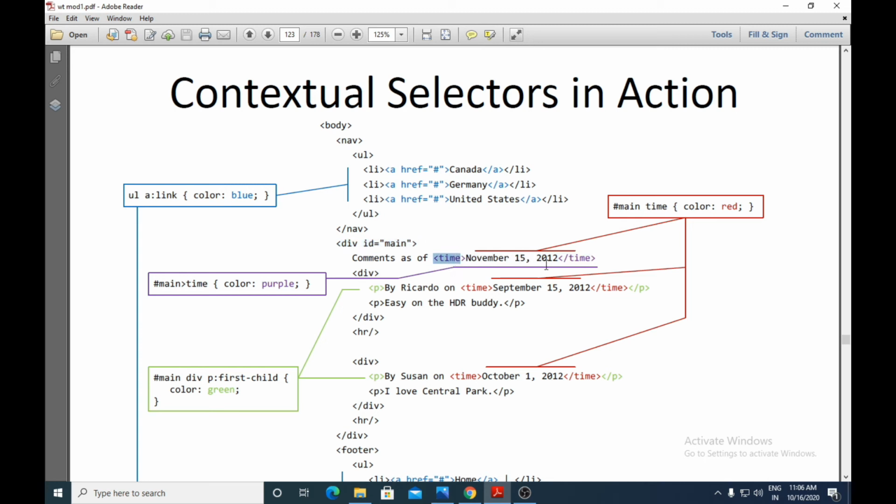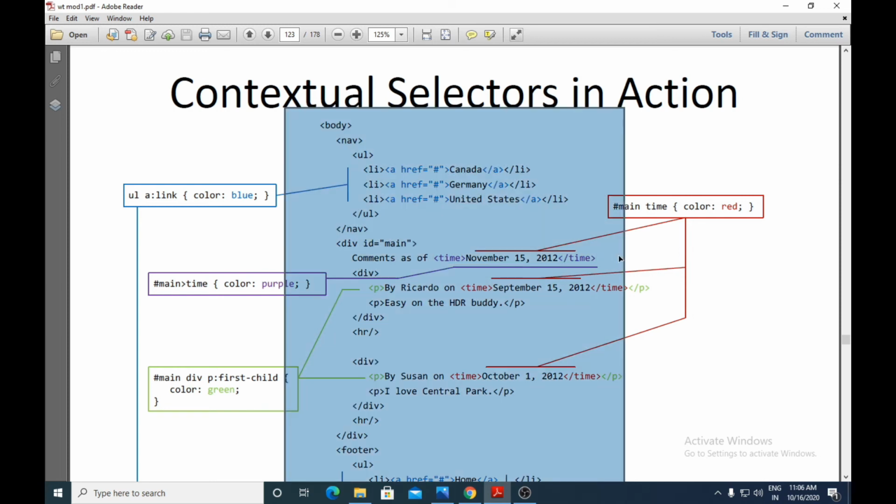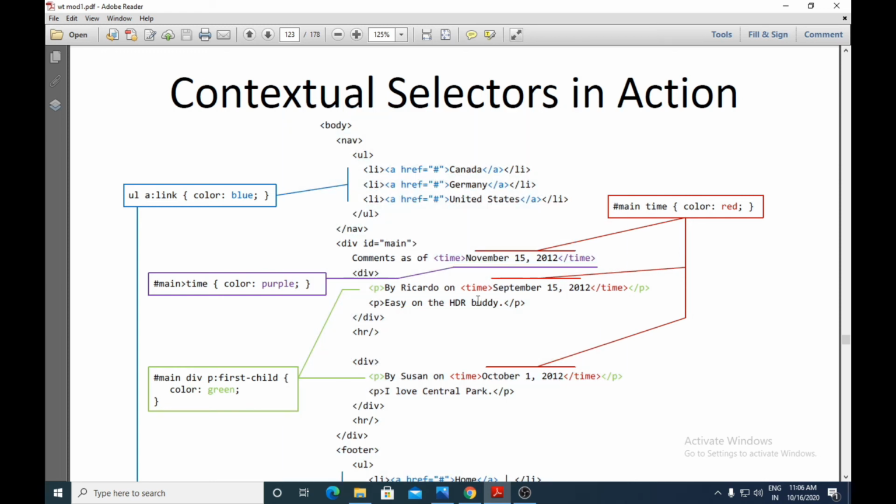Only this time they have specified in purple color. And the second time, this will appear in red color, because this time is a descendant of main. That means it is coming next. First this is a child, this is a descendant. So for these descendants you can specify the color red. Okay, so we will give red color here.